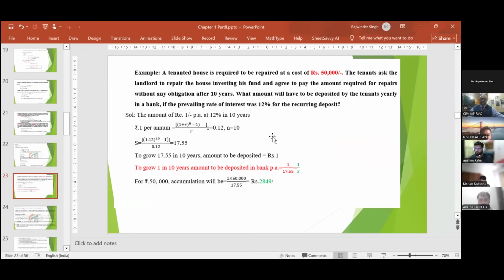So the next thing we will learn is sinking fund. So what is sinking fund basically? In the Excel, suppose half yearly compounding is there. There also we can put 3.75% instead of 7%, and 36 instead of 18. Yes, sir. So what you can do there is, instead of just